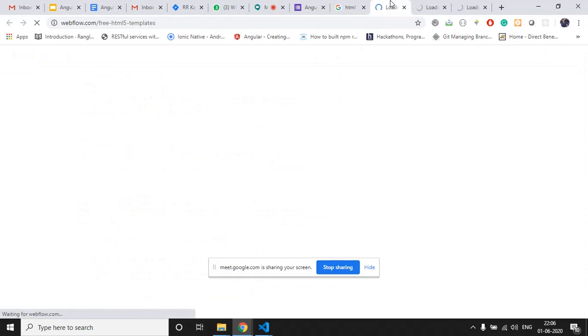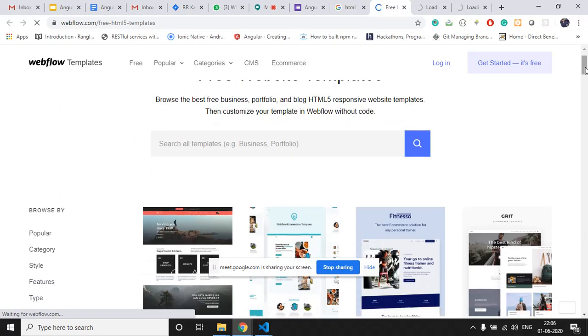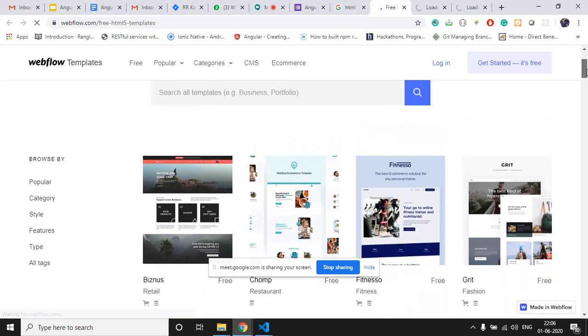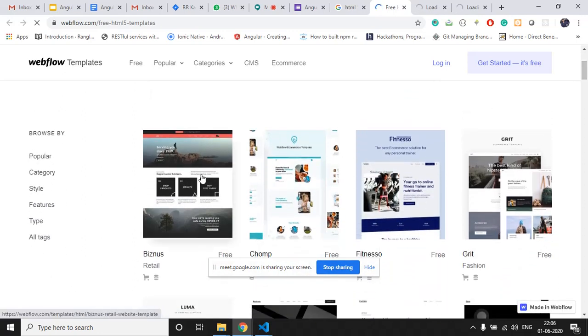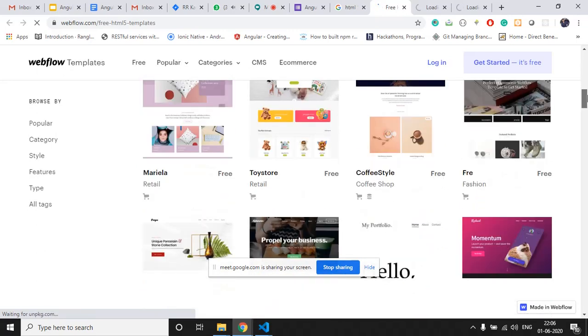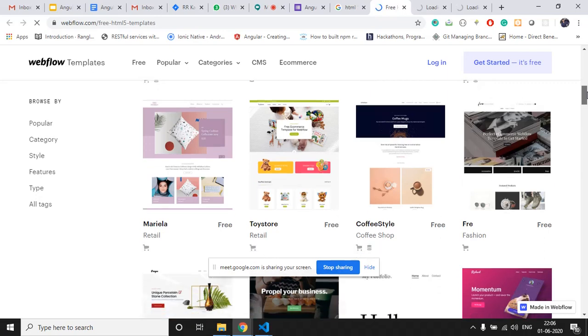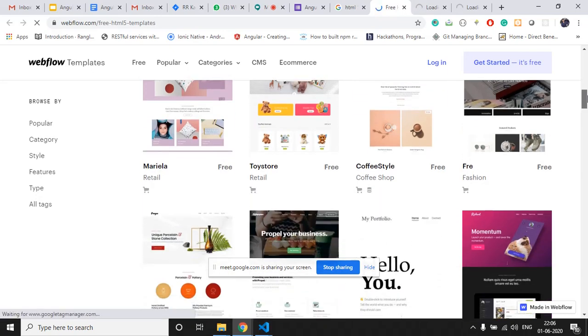Whichever template we like, we will download it and try to integrate it into our application. These are the templates available in HTML5. We can go through them, and the one we like we will download and try to integrate in our Angular application.